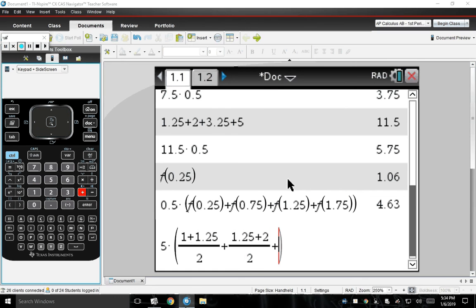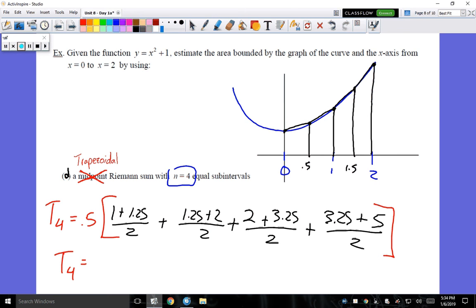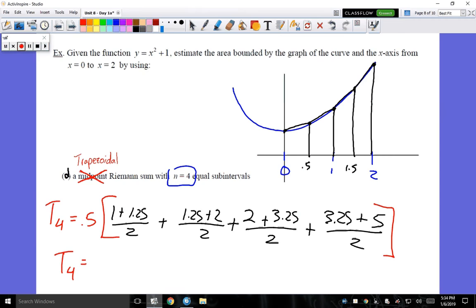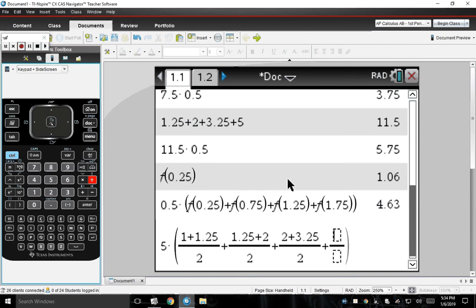Again, this is different from midpoint. Make sure that you're understanding what you're dividing by 2 and why, and what you do with that next. 2 and 3.25. Whoops. So 2 plus 3.25. We're going to do that average of whatever that is. And last but not least, we're going to add this last one. 3.25